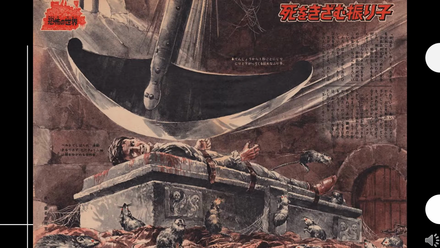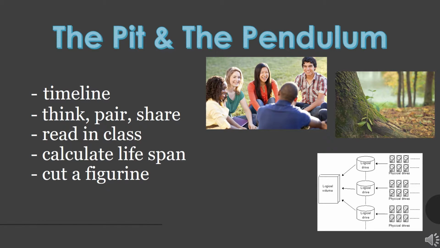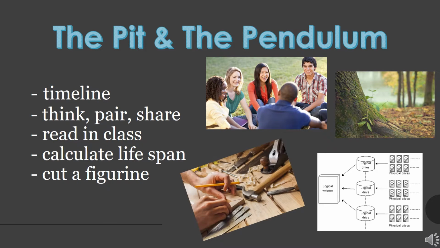This story has the protagonist tied down and trapped under the swing of a pendulum with a blade that will soon cut his body. Midway through the reading, students will work together to calculate how long the protagonist will live based off of the height of the ceiling, the speed of the pendulum's descent, and the passage of time as described by Poe. Once the entire story has been read, the class will individually create figurines which carefully show where the pendulum would mutilate our protagonist.